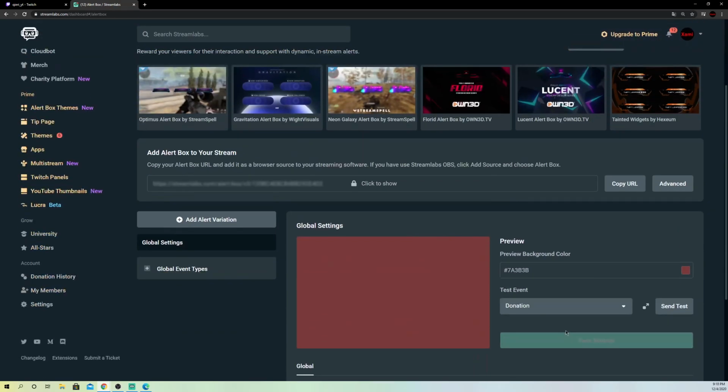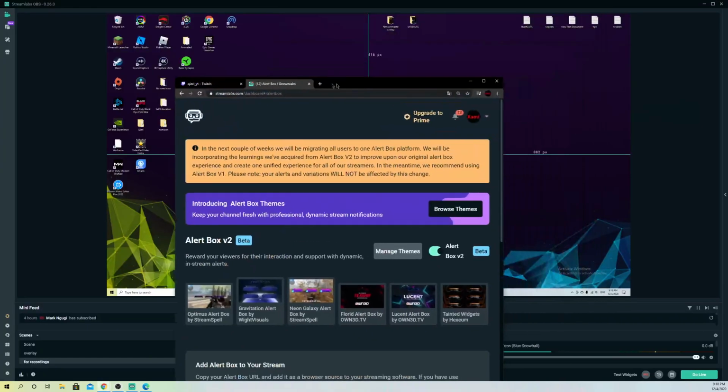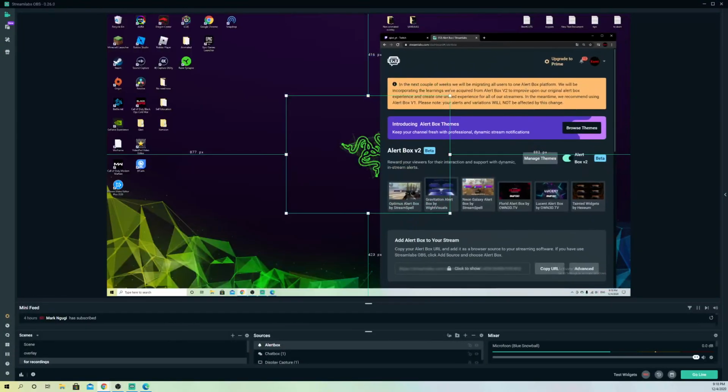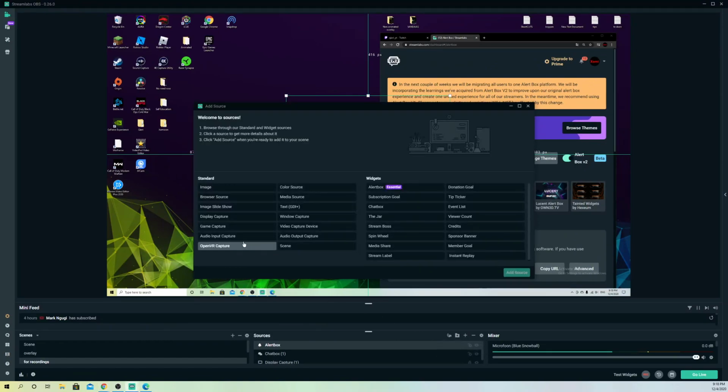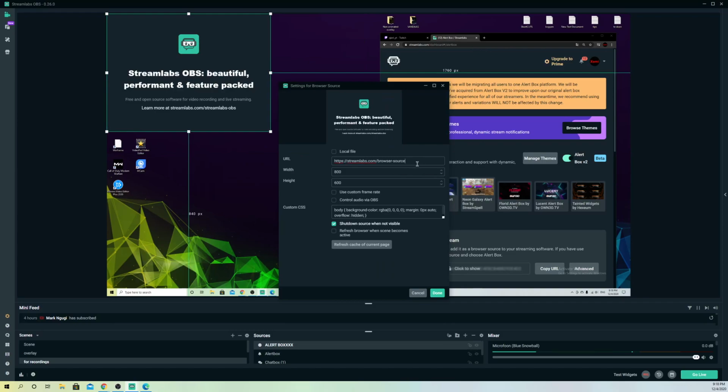Here, you can copy the link of the URL, and once we copy it, guys, you want to go to source, go to browser source, add source, and make this your alert box. So let's just add our source, and now the link that you just copied, you just want to